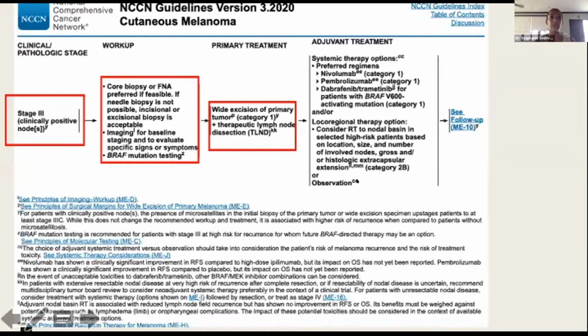They will need close clinical follow-up. The guidelines do recommend that they have follow-up every 3 months for a full body skin examination and examination of their lymph nodes. We know that melanomas have a high metastatic potential, and so close clinical follow-up is very, very important in these patients.